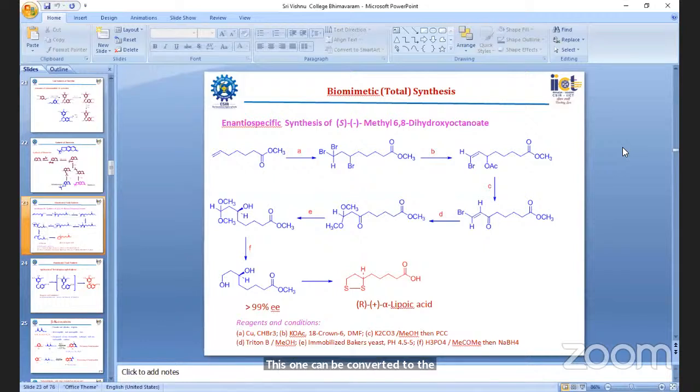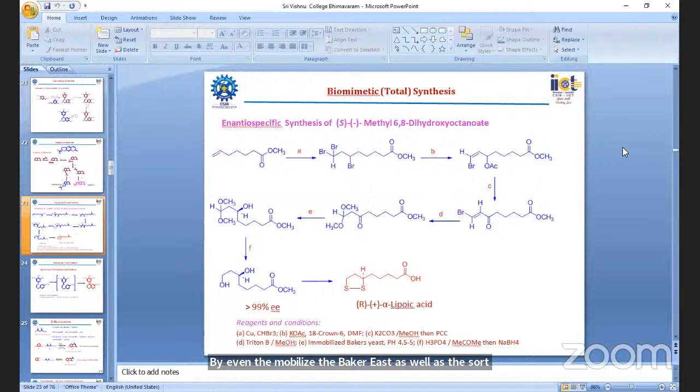This tribromo derivative can be eliminated by the HBr elimination. You can get the olefin bromo compound. The acetyloxy compound, you can remove the acetyl to the hydroxy. Hydroxy can be converted to keto. Then after conversion to the keto, this bromo can be converted to dimethoxy compound. Then hydroxy compound can be made. Then intramolecular cyclization by using the immobilized Baker yeast as well as the sodium borohydride reduction, you can make the